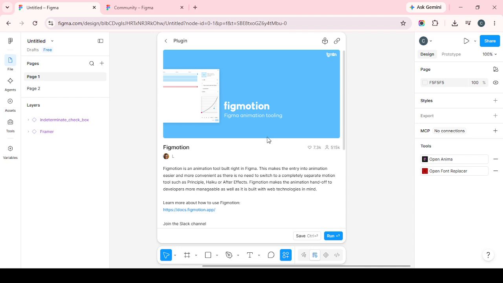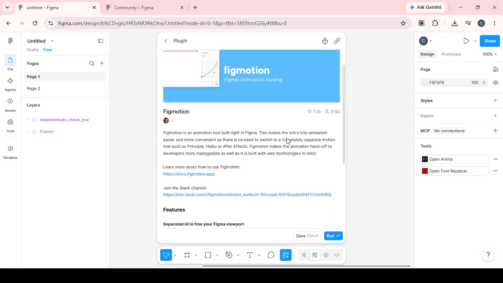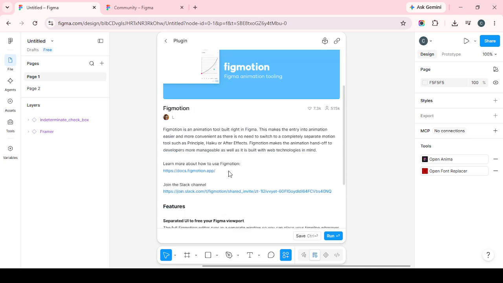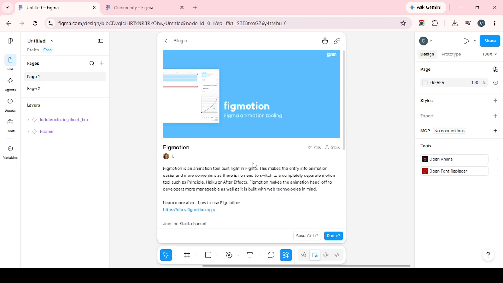After Figmotion is open, move your attention to the timeline editor at the bottom of the screen. This is where you'll define how your animation behaves over time. In the timeline, you can set property parameters, such as X and Y translation for movement, or opacity if you want the object to fade in or out. Think of the timeline as the place where you tell the layer where to start, how to change, and when